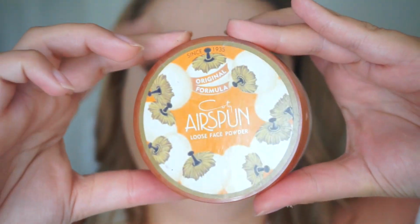Okay, now we're going to go ahead and bake our face with my favorite Coty Airspun translucent powder,